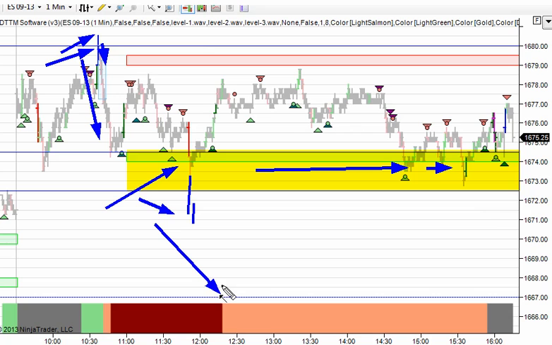And what you'll also find, this was obviously a very consolidating day where we really got no follow through on any. We had one level 3 bar on the high of the day with no follow through. We didn't even have a level 2 or level 3 bar on the low of the day. Now we had a buying reaction right there. That's a pretty good indication there. But we didn't have any strong selling on the low, and the only strong buying we had on the high